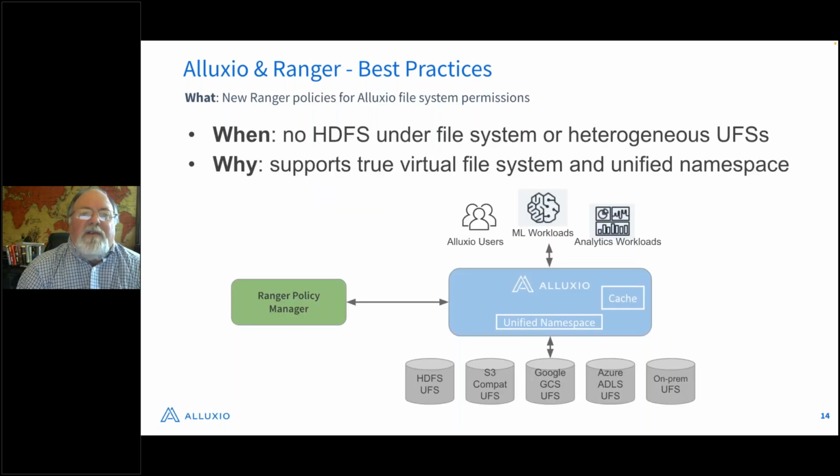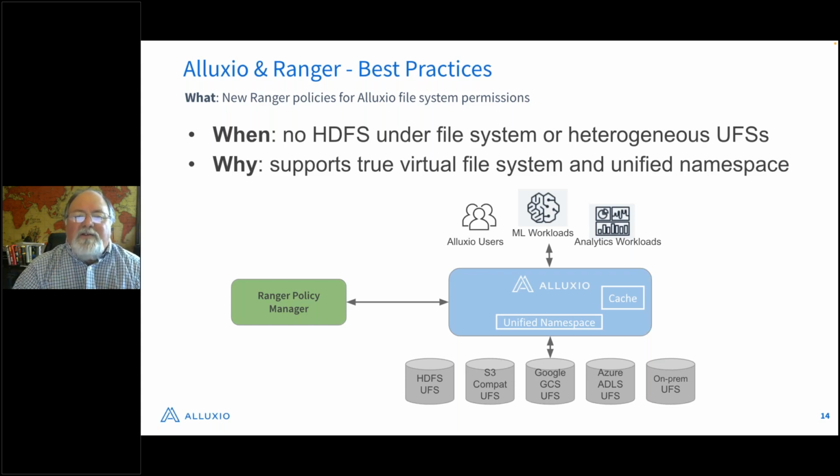A second way to use Alluxio with Apache Ranger is to create a new service and new policies specifically for Alluxio. So Alluxio implements a virtual file system with unified namespace technology and caching technology that allows you to support not just HDFS, but also cloud storage, other on-prem storage, and things like that.